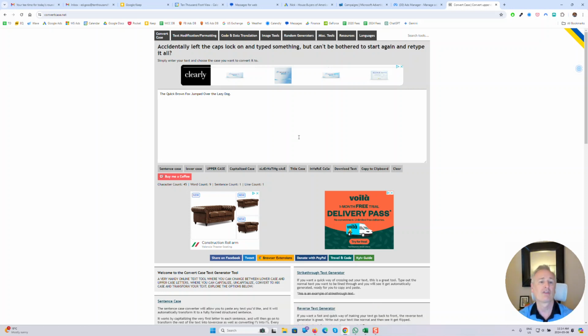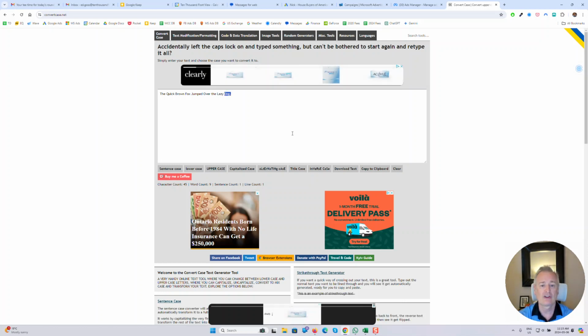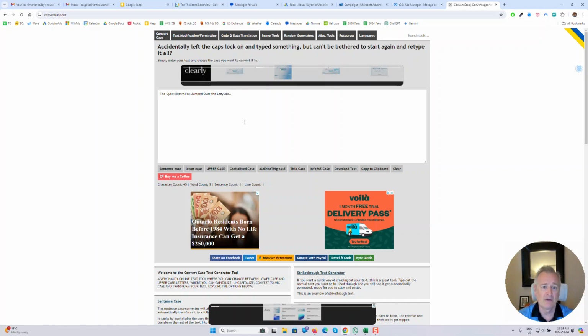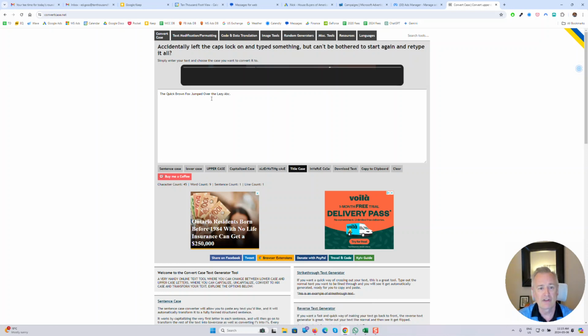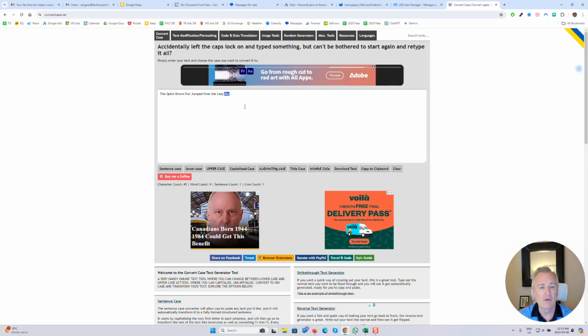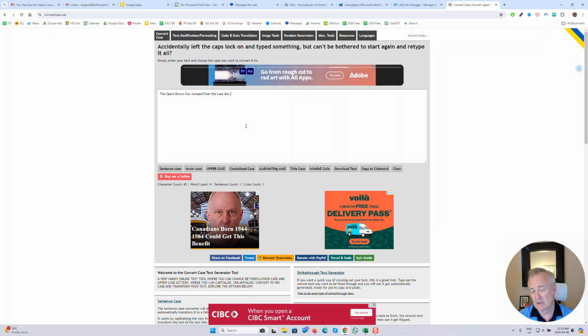One caveat with this tool that's a small negative is if you use acronyms, right? So like if you used ABC, which could be the news station or the network, and you convert it to title case, it does not recognize this, and as such, you're going to have to fix those things. So just something to be aware of. But other than that, it's an amazing tool. It's free. It doesn't get any better than that.